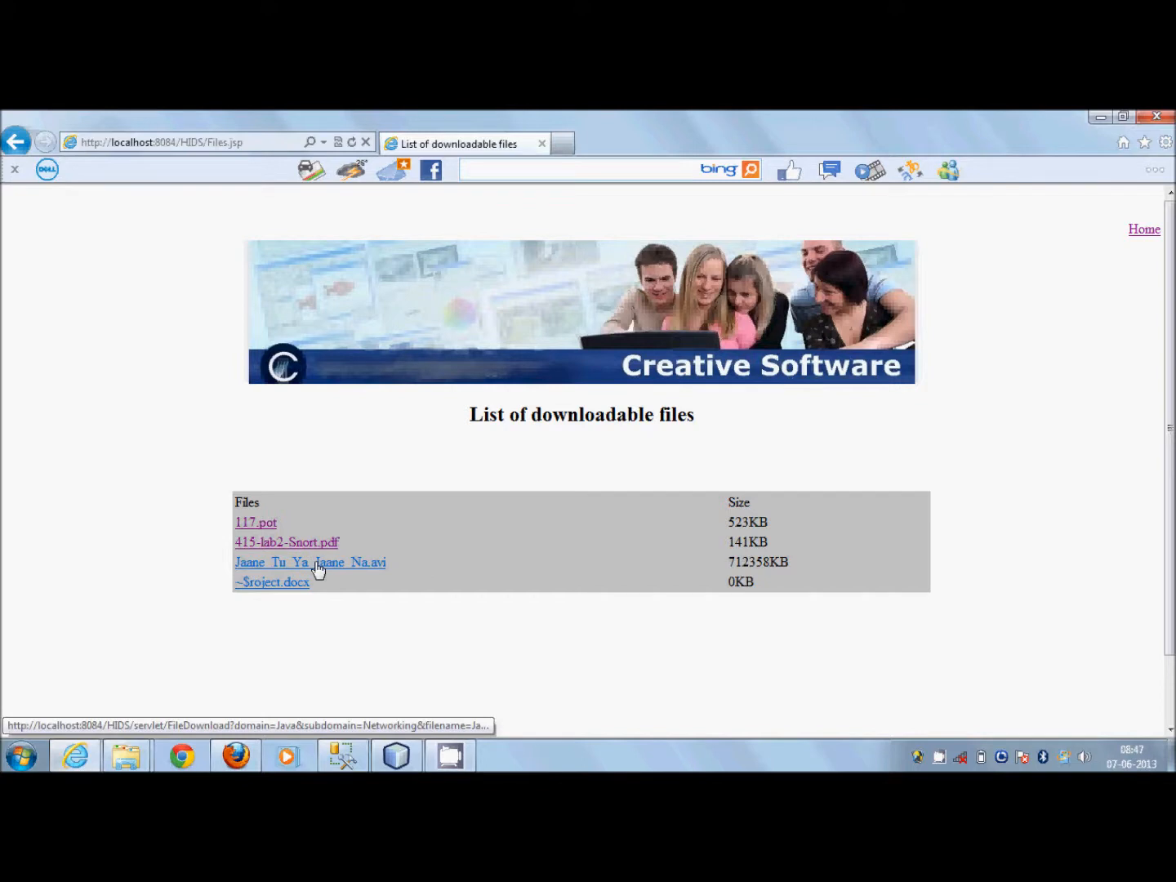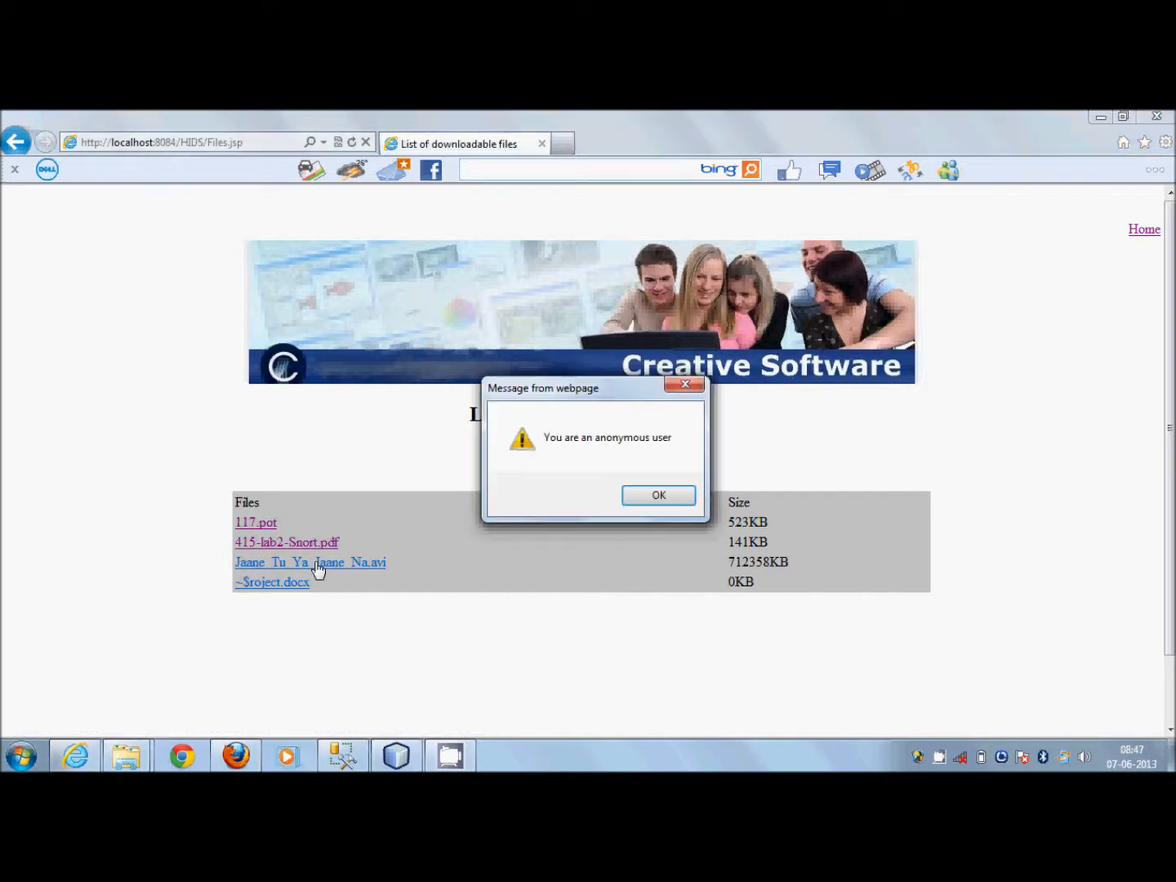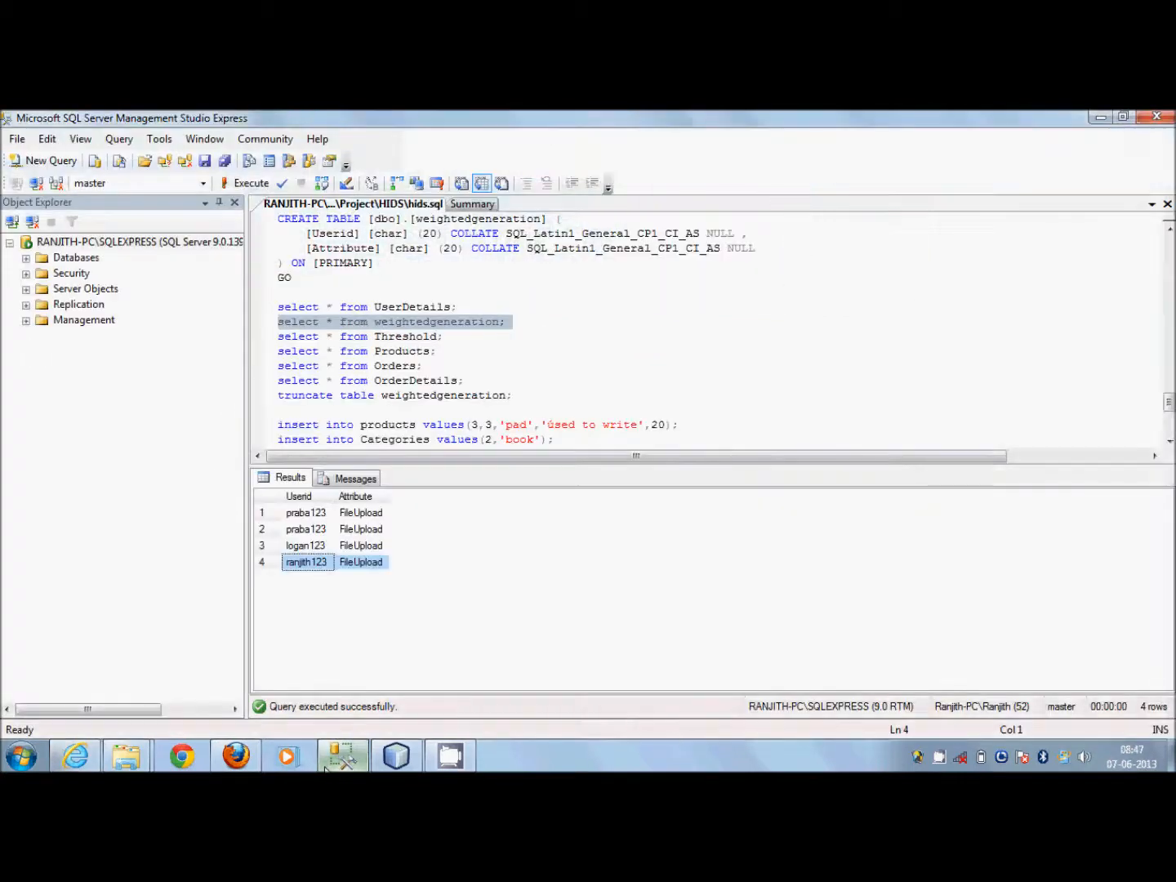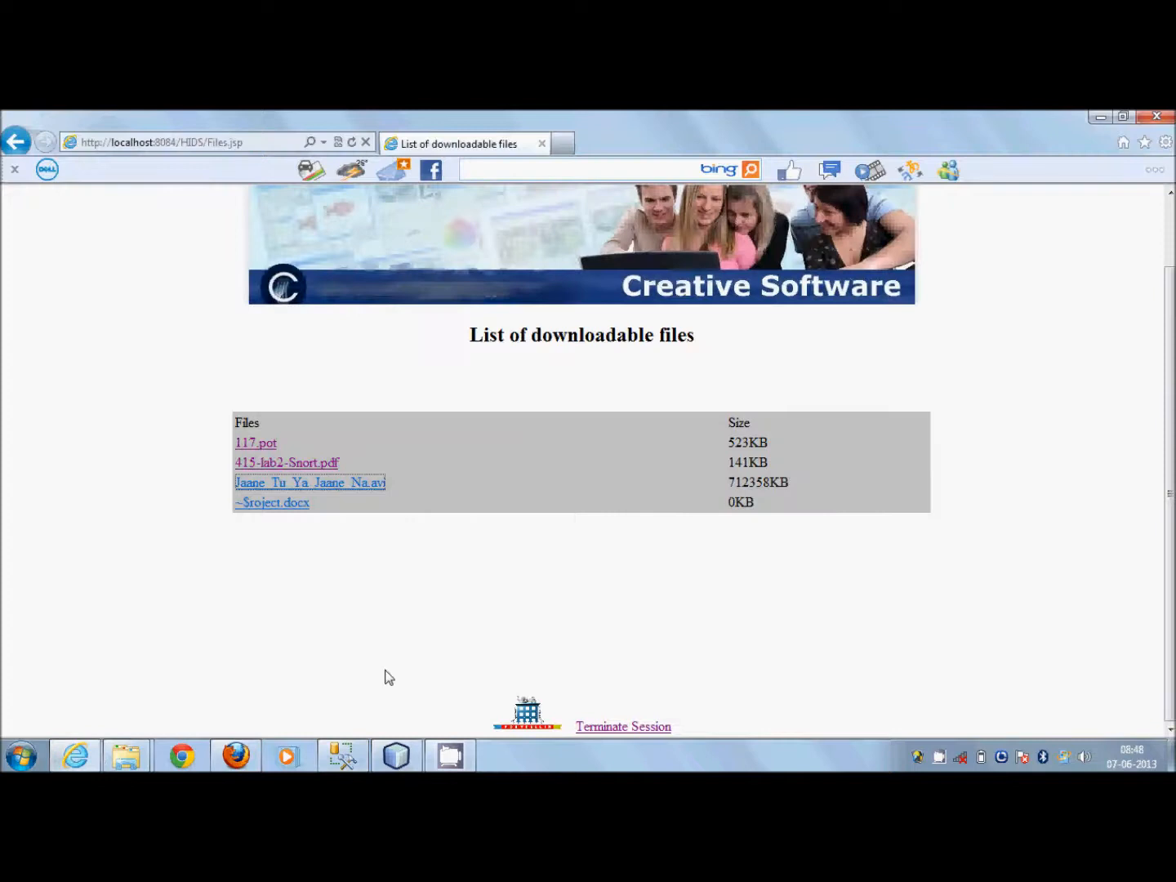And I am going to download one more file with the large size. Here you are an anomalous user, the unauthorized person. Now I can check with the database. So here is the only one operation, that is the Ranjit123 is the file that is not uploaded. It is the intruder. So the user can terminate,